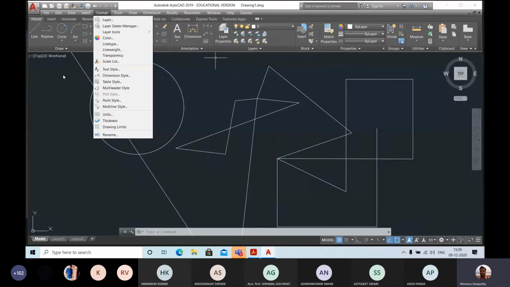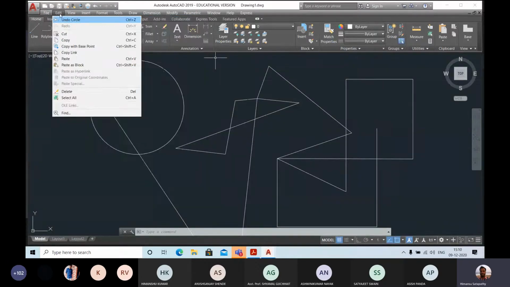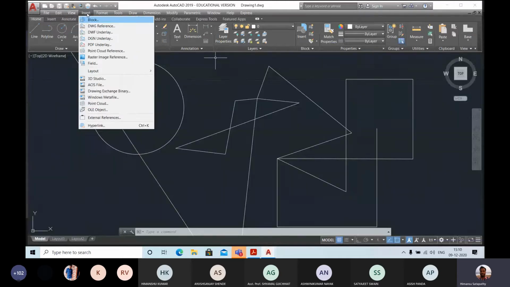As I told you previously, this file menu bar contains all the drop down menus. Under the file, you can go for close, new, open, save, and print. Under the edit option, you have cut, copy, paste. Under the view, you can find the command line. If you can't find the command lines, you can go here. Insert means if you want to bring any outside file into AutoCAD, you will go for the insert option. There are also symbols you can insert through the insert option.